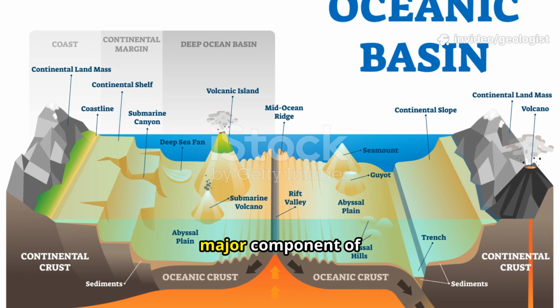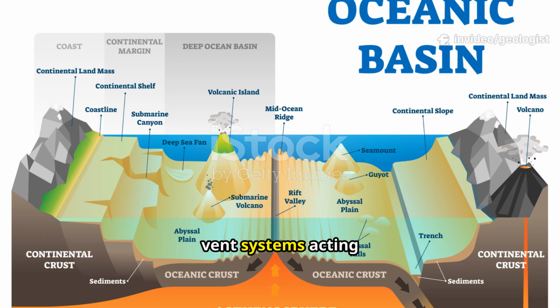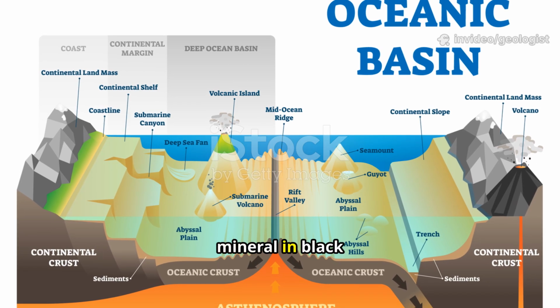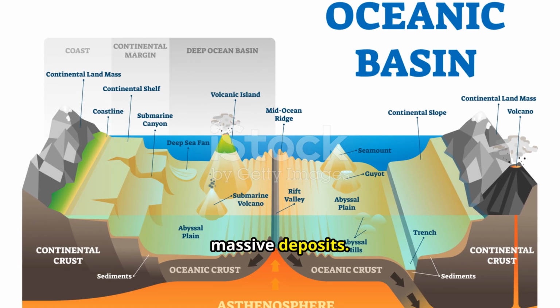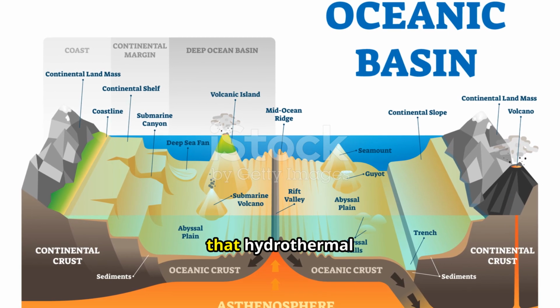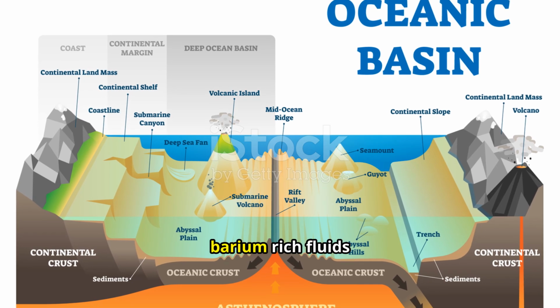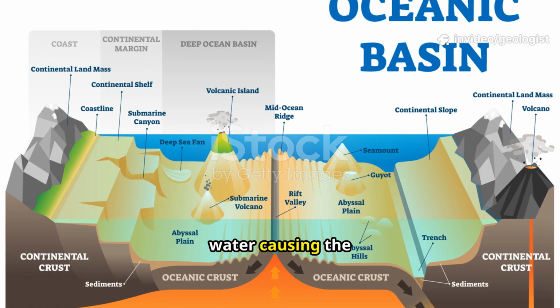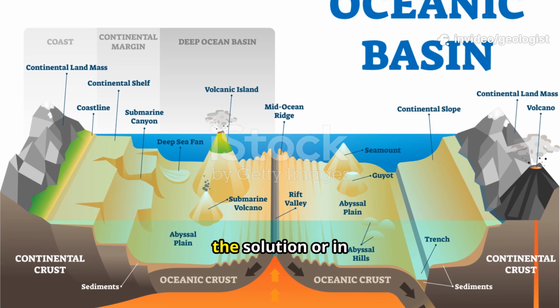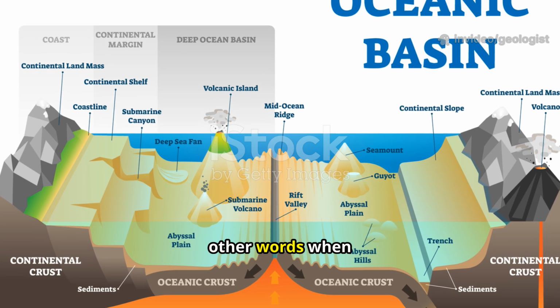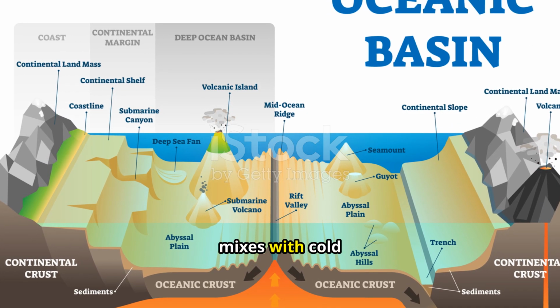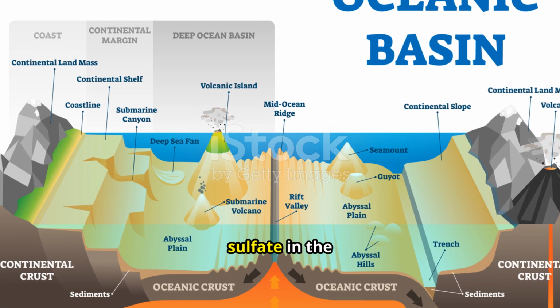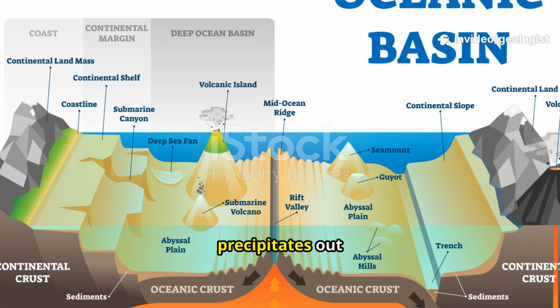The crystals are a major component of many hydrothermal vent systems, acting as a key structural mineral in black smoker chimneys and massive deposits. So what occurs is that hydrothermal activity creates barium-rich fluids that mix with sulfate-rich seawater, causing the barite to precipitate out of the solution. Or in other words, when barium-rich fluids mix with cold seawater, the barium sulfate in the solution precipitates out, forming